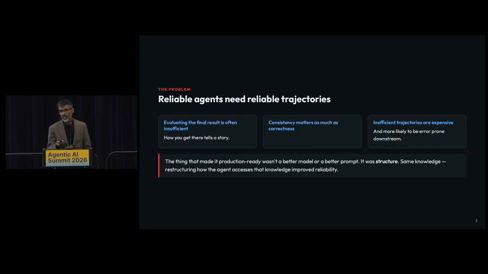One of the things that we learned the hard way is that these are also pretty error-prone downstream because of the length or context exhaustion as well. Obviously, using a more frontier model or more capable model will resolve some of these issues. What actually moved the needle for us was restructuring some of this knowledge and how agents access information. Essentially, we wanted to make sure that we provide sufficient information that it knows how to identify and access information and when to use it.